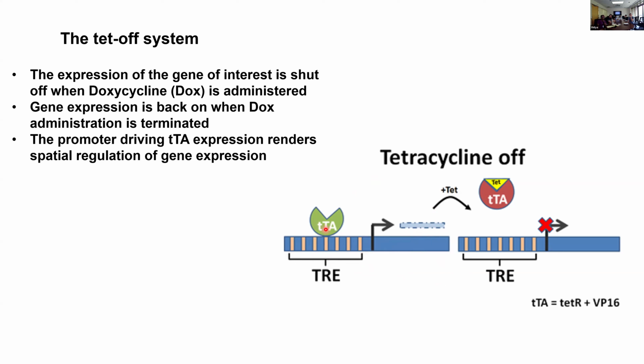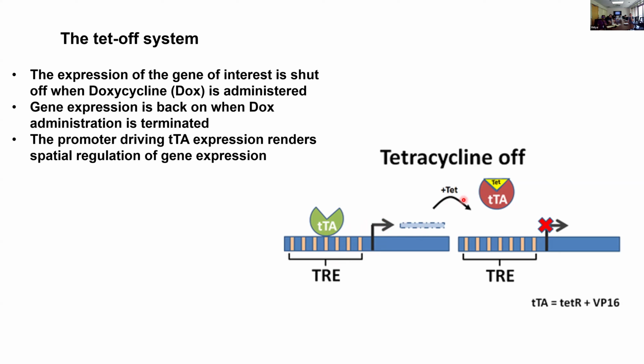I'll make this up: say we have a Ring1D promoter driving tTA protein expression. When you cross these two animals together to get compound lines, in the cells that express it, the tTA will be expressed and bind to the TRE, and that will turn on the gene expression until you add